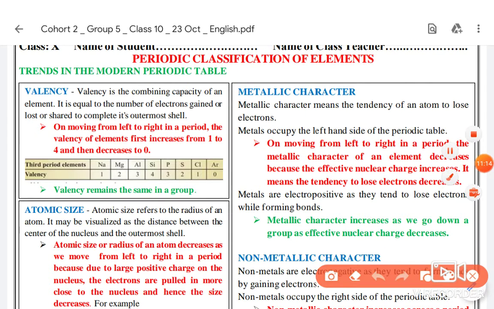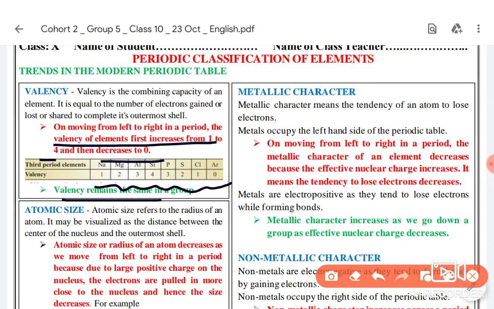The number of valence electrons is increasing one by one, but the valency increases from 1 to 4 and then decreases to 0: 1, 2, 3, 4, then 3, 2, 1, 0. So you can easily see the valency in a group remains the same from going up to down, while the valency increases from 1 to 4 and then decreases from 4 to 0 in a period. In the further video we will study atomic size, metallic character, non-metallic character,